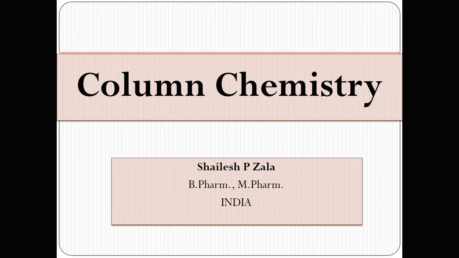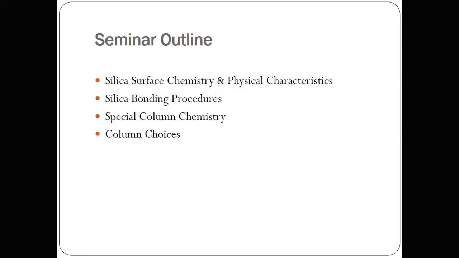In the current scenario, in the ADL department, the analytical development laboratory department, so many columns are used, and during method development, people are confused about which column to use, which column to start with, and which column is better than any other column. So I will explain all the scenarios and all the criteria: which column is used for which purpose, and what the basic chemistry is behind every column.